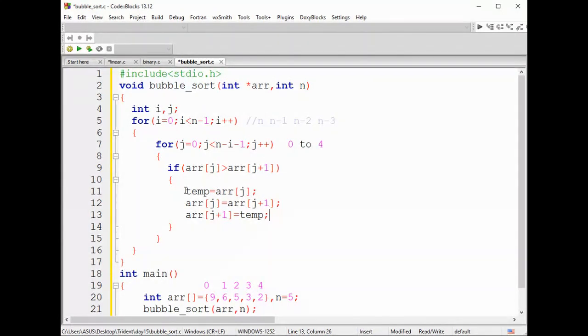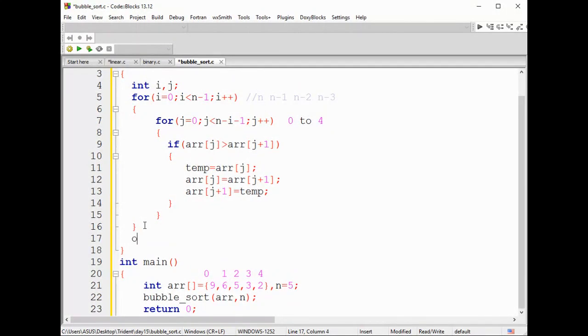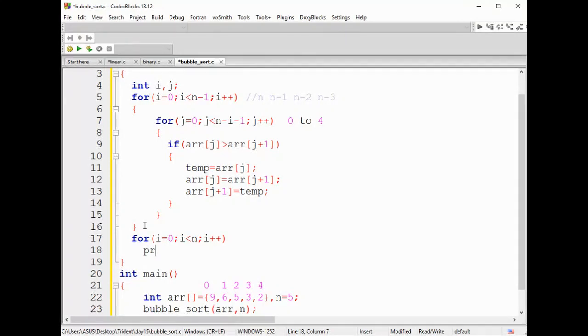Now let us print and see whether it is working fine. Now here itself we can print it, guys. Either you can return it back and print your array in your main, or I can print here. It's up to you. Percentage d of array of i. Now let's execute this and check it.